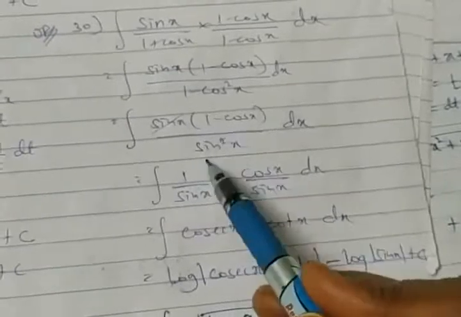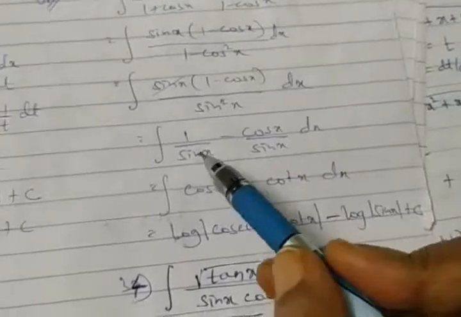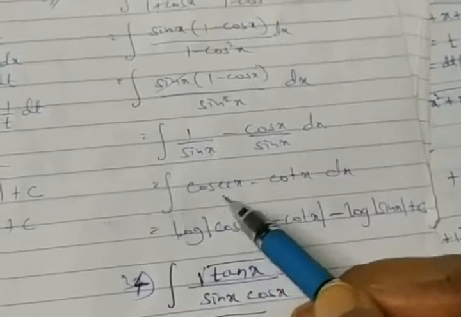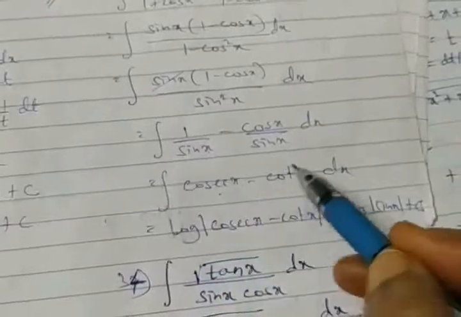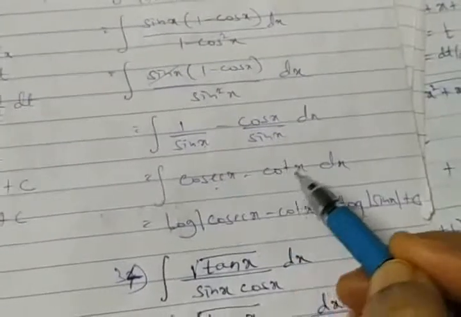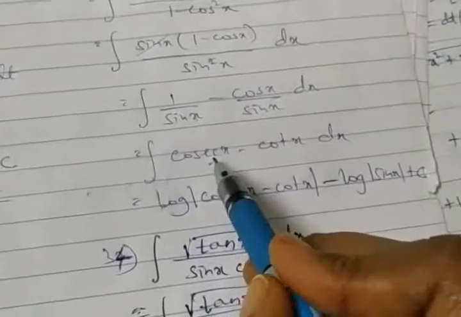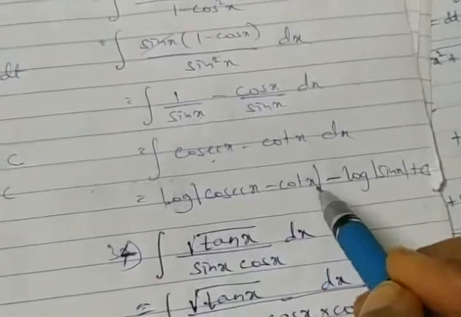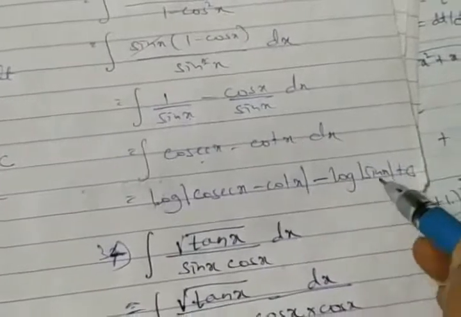So this will give us 1 by sin x minus cos x by sin x. And we are left with 1 by sin x, which is cosec x. Integration of cosec x is available. In the formula list we have added, minus it is cot x. Integration of cot x is also available. Integration of cosec x minus integration of cot x is also available because formulas are available with us. So integration of cosec x, you know it very well. What's the formula? It is log mod of cosec x minus cot x, minus kept as it is. What's integration of cot x? It is log mod of sin x plus c.